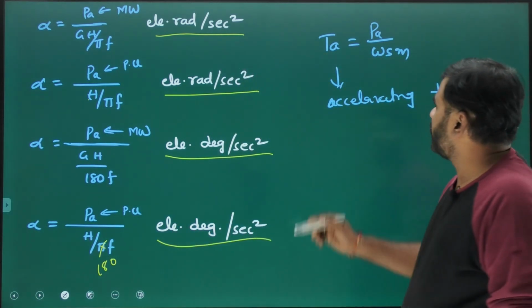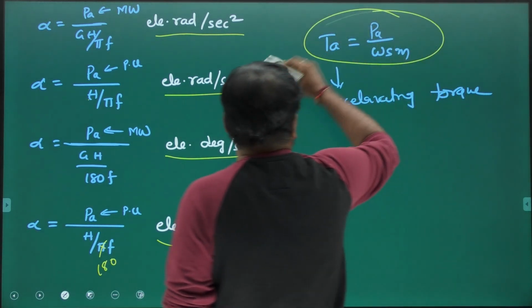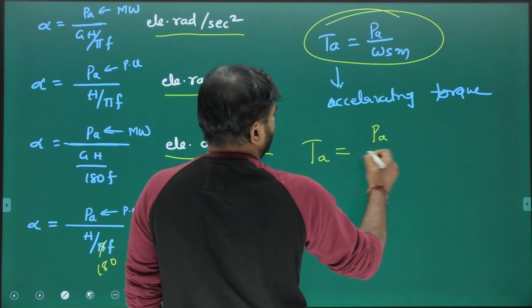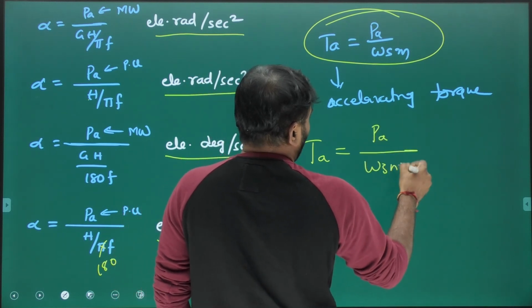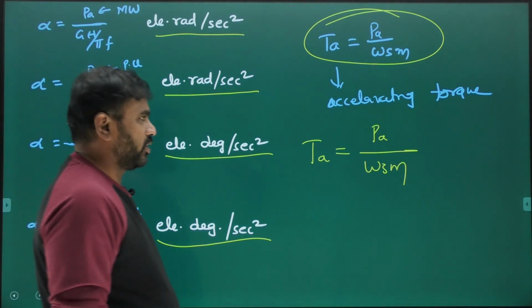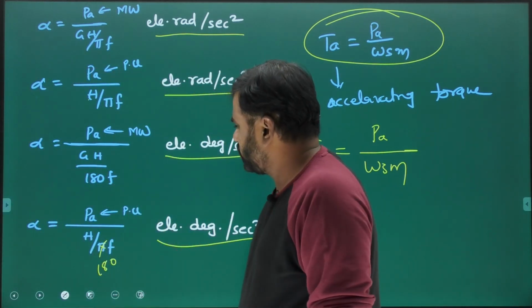Now similarly we can write the accelerating torque. Accelerating torque equals accelerating power divided by synchronous speed in mechanical radians per second. That gives accelerating power. And the next important thing is,